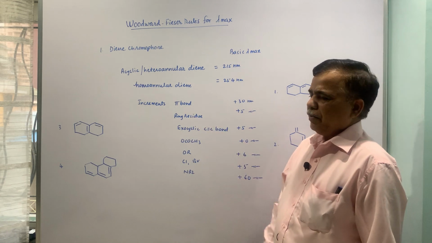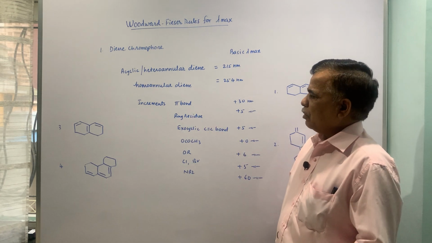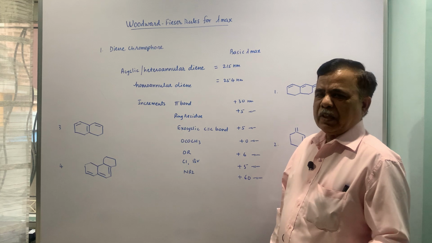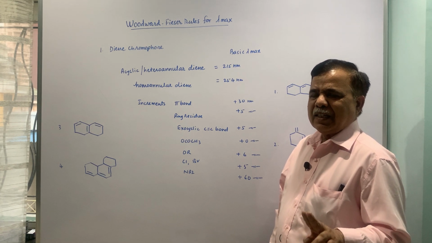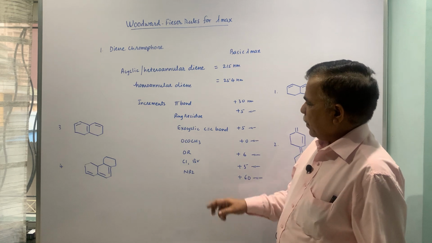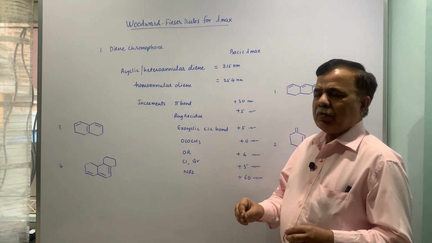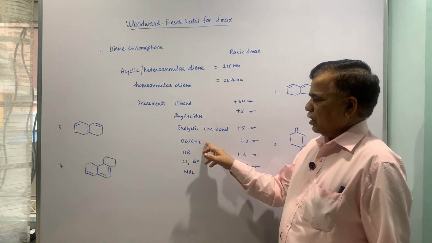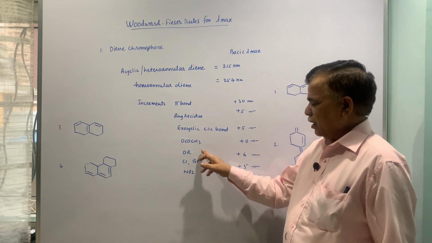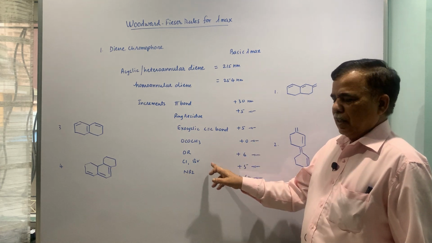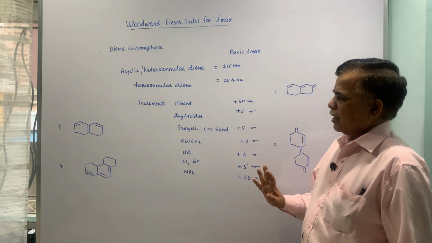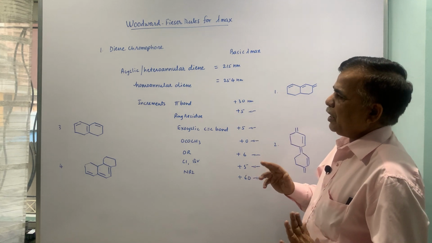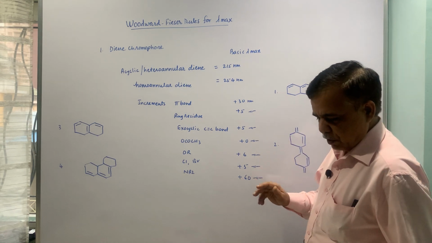If a pi bond is having extended conjugation with the basic diene chromophore, then plus 30 for each double bond in conjugation. If 1 is there, 30; if 2 are there, 60; if 3 are there, 90, and so on. Ring residue or alkyl group, plus 5 each; exocyclic double bond, plus 5 each; acetoxy group, no increment; alkoxy, plus 6; Cl or Br, plus 5; and NR2, plus 60. These are the increment values. Now let us look at the example, and the meaning of homo, hetero, everything we have to see.